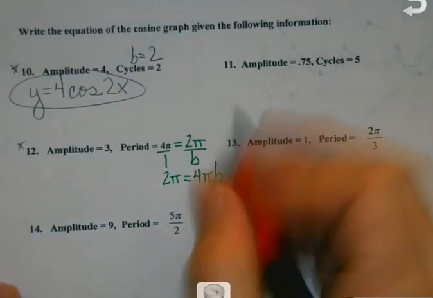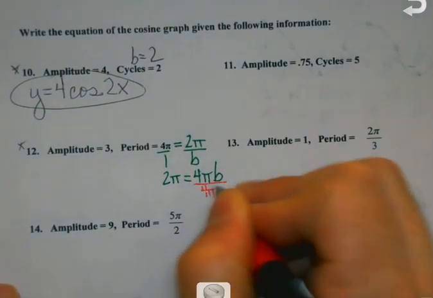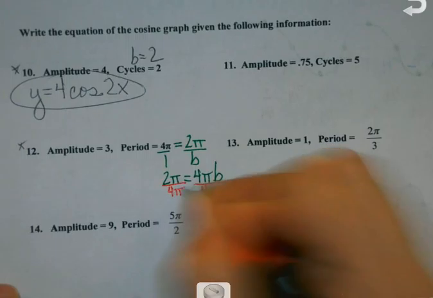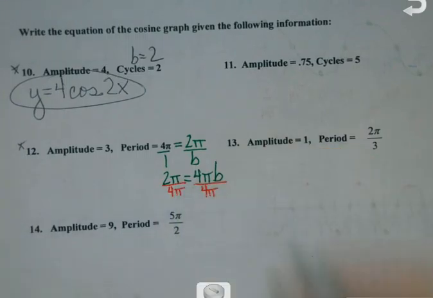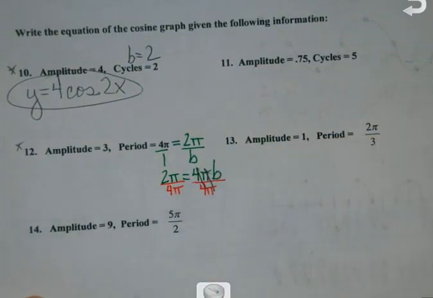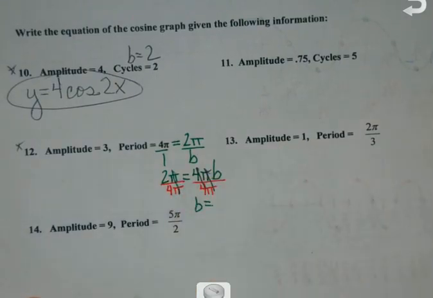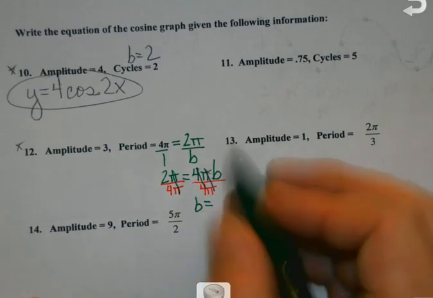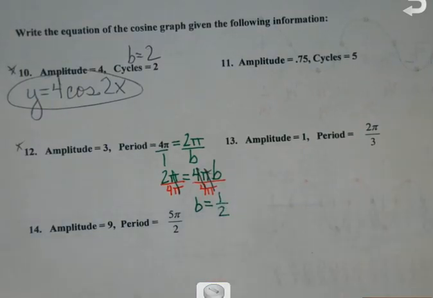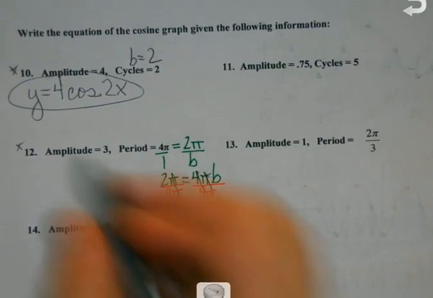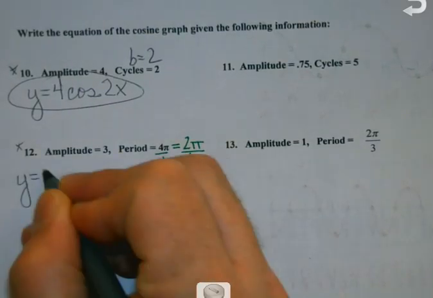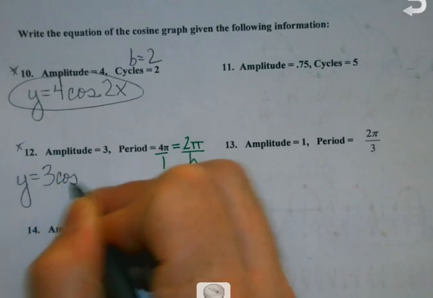Then again, I'm solving for b. So I divide through by the 4 pi. And my b value, be careful. It's not 4 divided by 2, this isn't 2. The 4 is on the bottom. So it's 2 divided by 4, which is 1/2. And so now that I've got my 1/2,